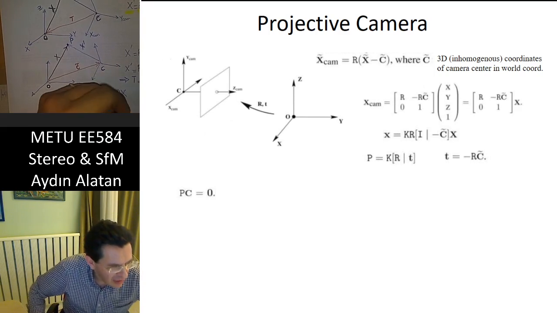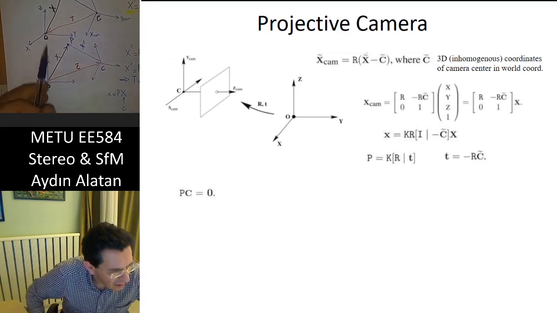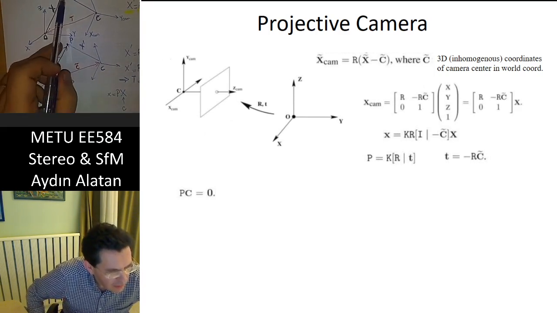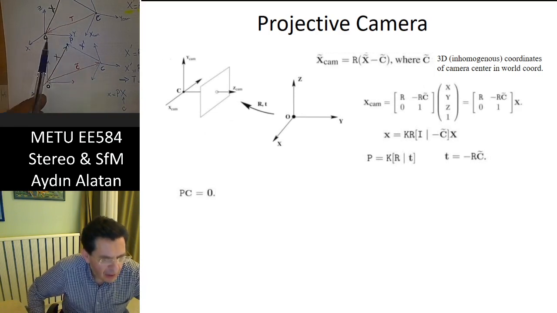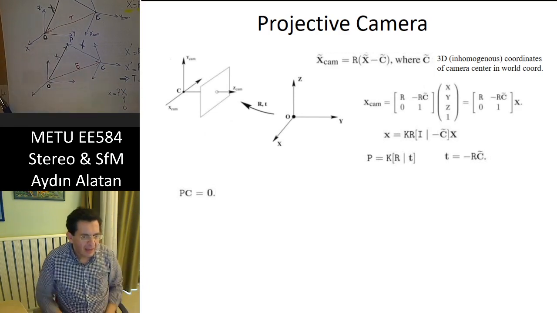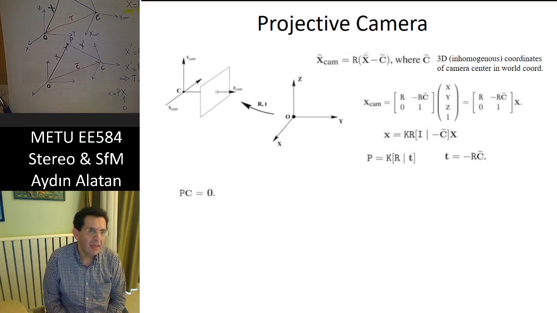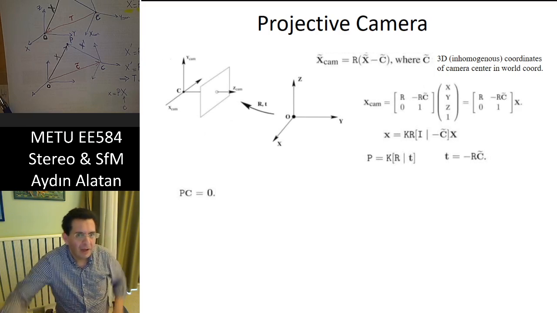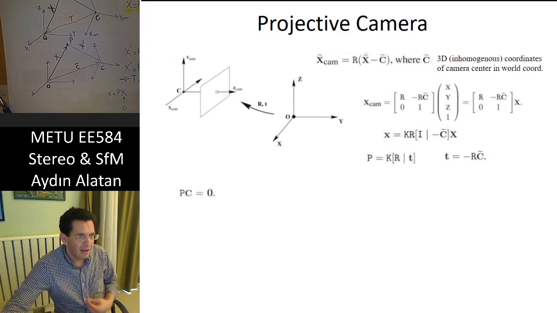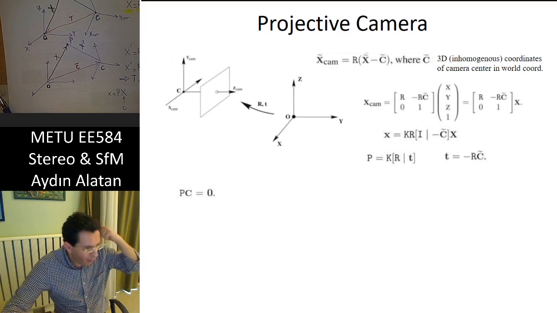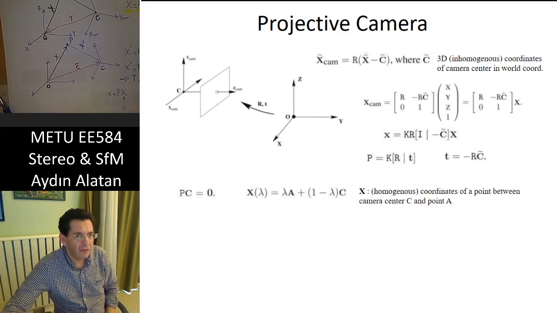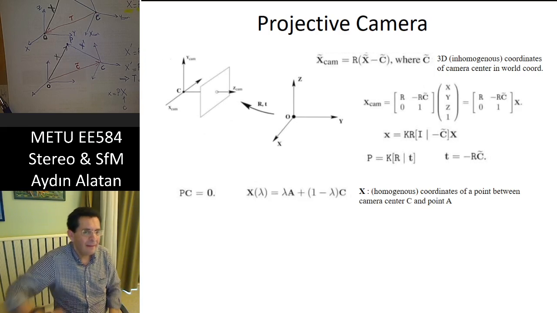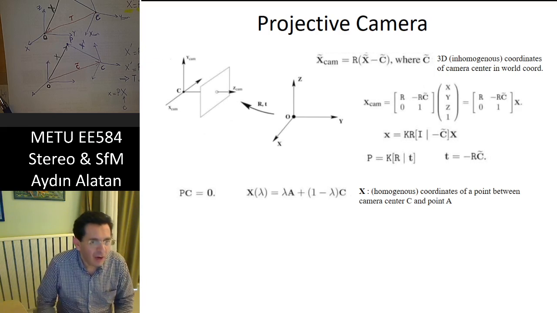Now, the question is, if I write C, nothing but this point, instead of this P point, I'm writing this point. What should be the result? That result should be equal to 0. Therefore, that projection matrix should give me a point which is nothing but a 0 for me. And then what I'm saying is, based on this information, how can I write a general point,